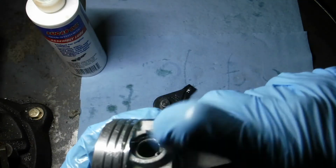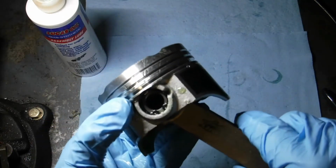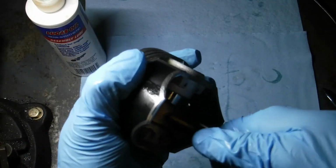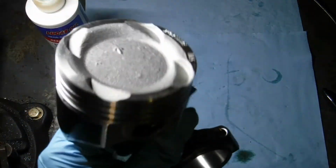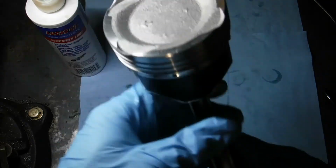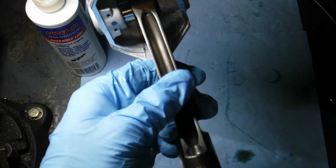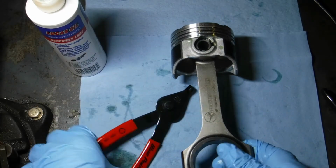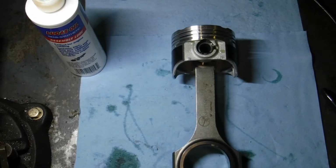Alright, you just check everything, make sure it's in, and it is. Everything's loose. The wrist pin slides. Again, these are floating, full floating. So, arrow towards the flywheel, tangs towards the exhaust, the front of the engine. And that's it. It's really simple to install a YCP piston on a Speed Factory rod, or any rod at that,